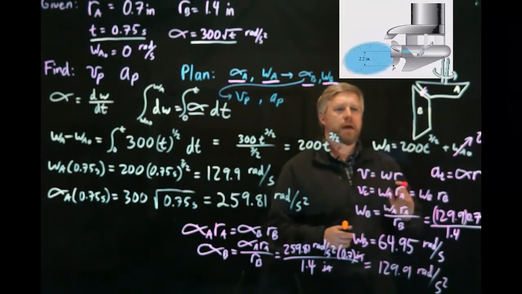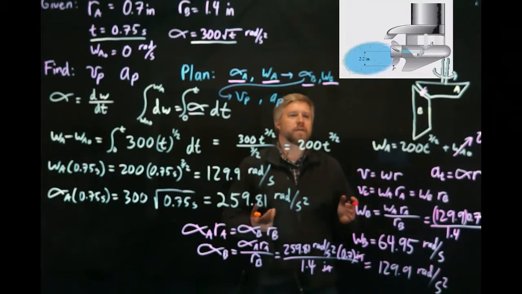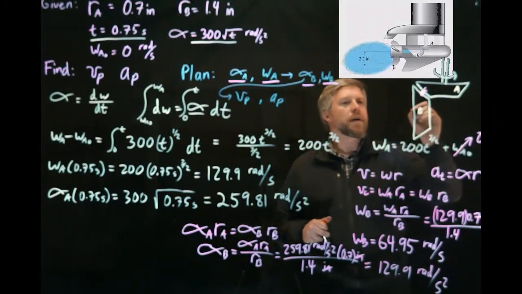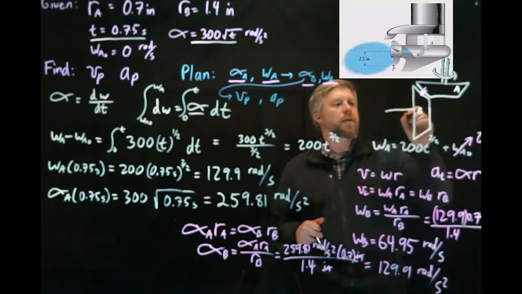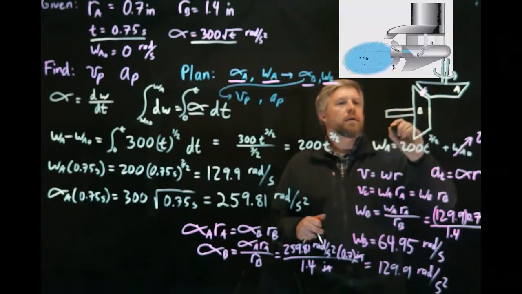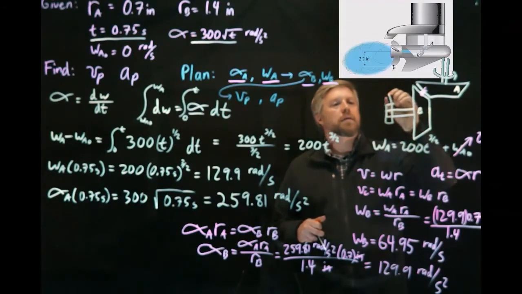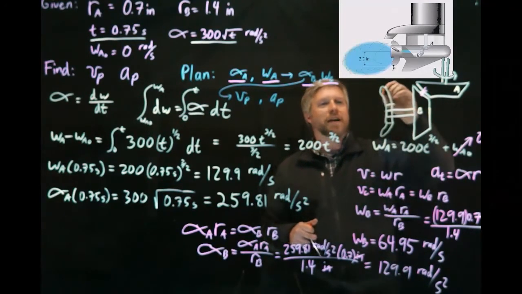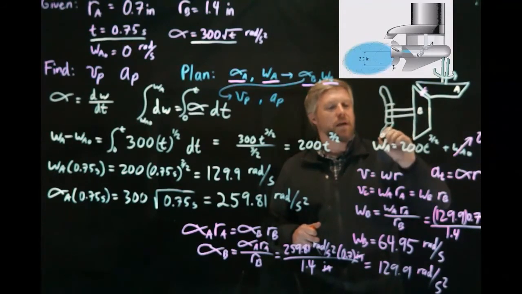We have our omega B, we have our alpha B. Now we have to figure out what happens to the propeller. So I'm going to add to my drawing a little bit. If I come up here, this propeller has a drive shaft going up, and then there's the propeller which has blades. Really a lot like a propeller, doesn't it? Anyway, okay, so it has blades, and what we're really looking for is P, which is a point at the